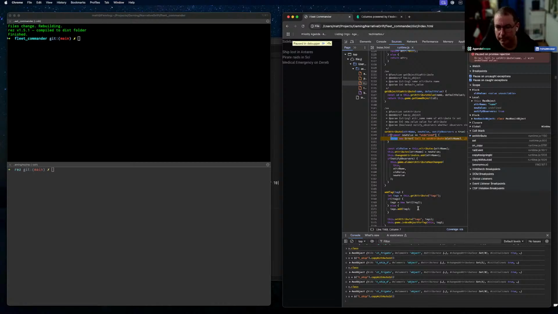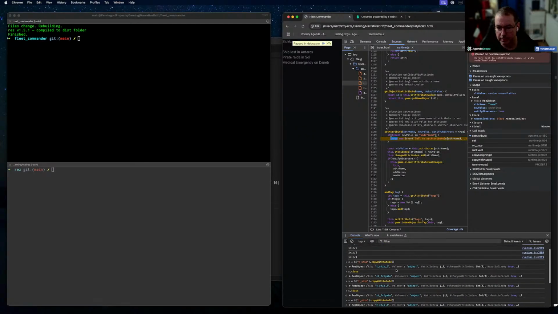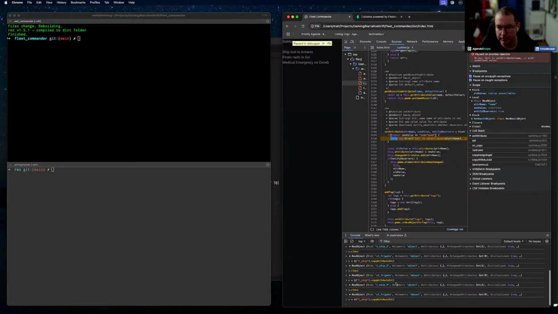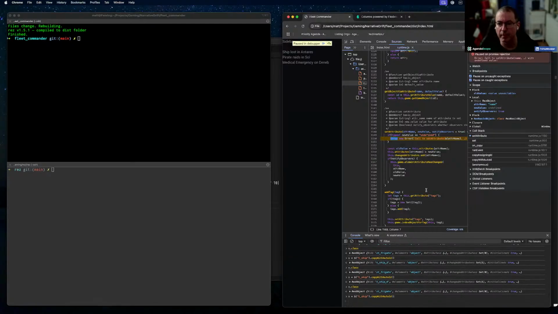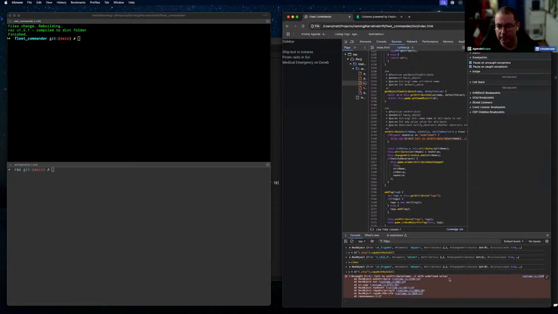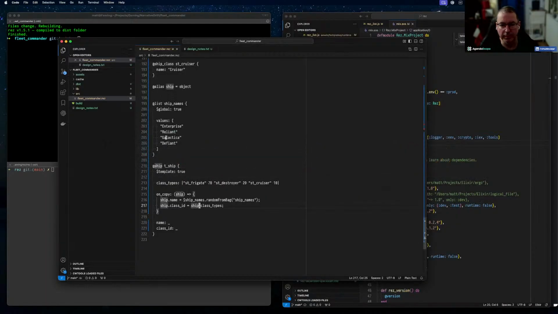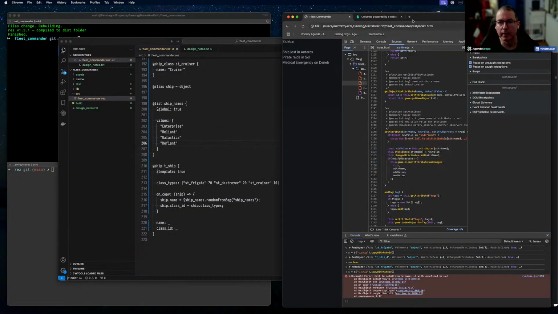something's gone wrong. Oh, we've run out of ship names, haven't we? 1, 2, 3, 4, and the fifth one fails because we run out of ship types. Yeah, if we run it now, it'll tell us undefined value. That's because our bags run out of values well before we got a cruiser. Right, so